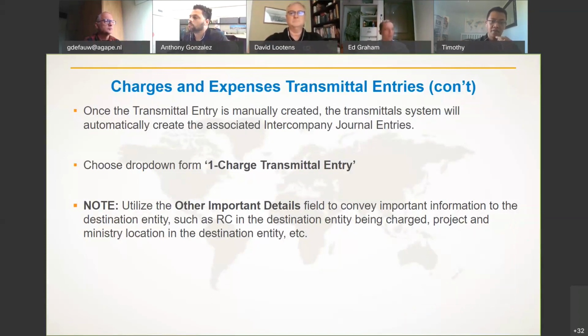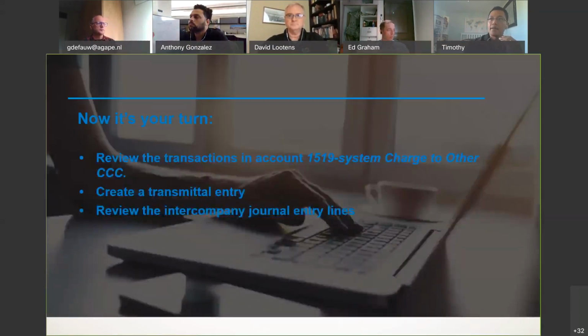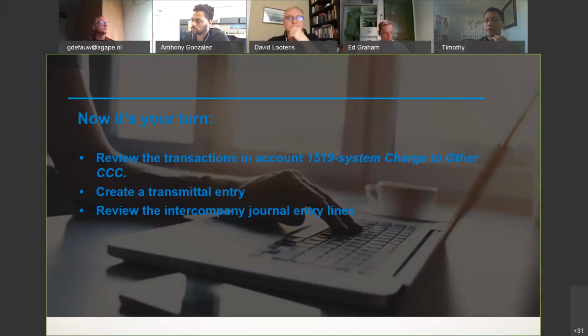Information you need if you were the finance leader receiving this. So after this call, you can review and generate the transactions that hit your 1519 system account, and see if all of these really are valid charges for other CCC entities, and go ahead and create a